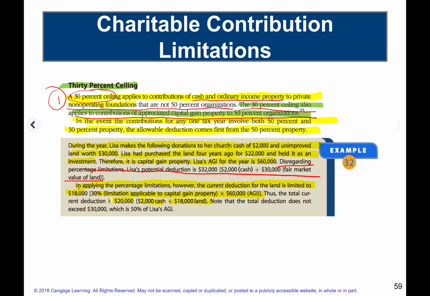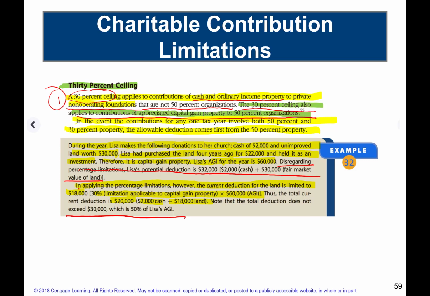That makes a total deduction of $20,000, and she's good with that full $20,000 because remember, we always have to bounce that off of the 50% of AGI limitation, which she has not exceeded. Her AGI was 60, 50% of that is 30, so she can take the 20, right? Okay, so she took the $2,000. We knew she was going to take that, and then she could take 30% of the capital gain property. Now, we'll see that if she had already given so much from the 50% category, so much cash that it was going to cause her to do what?